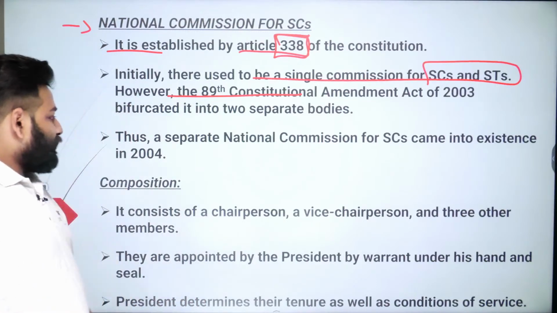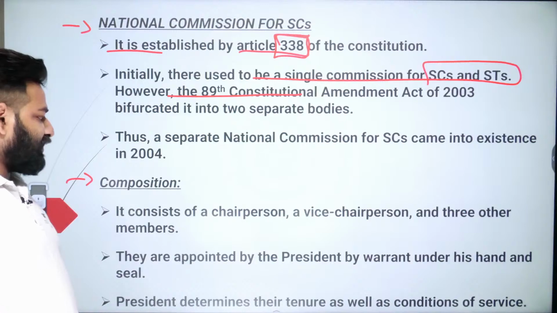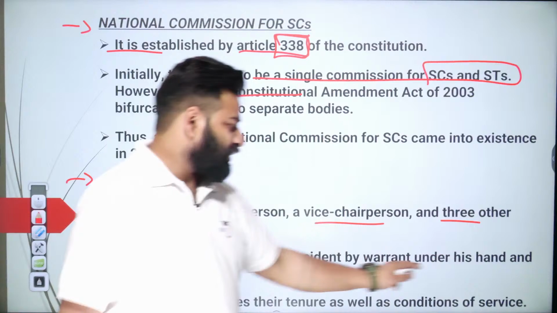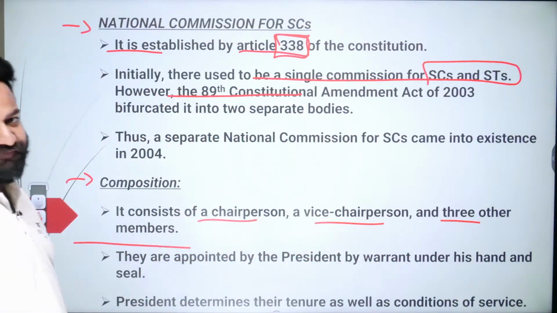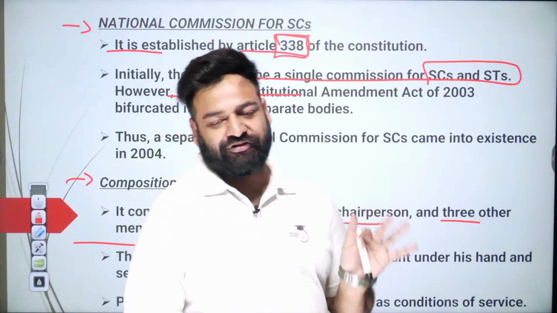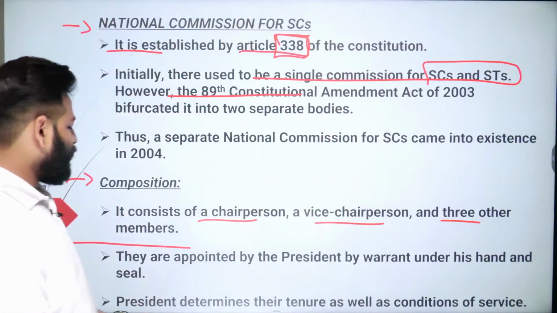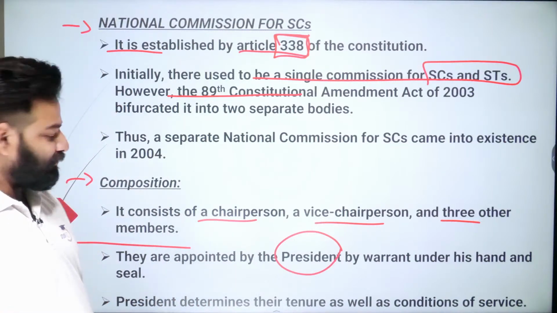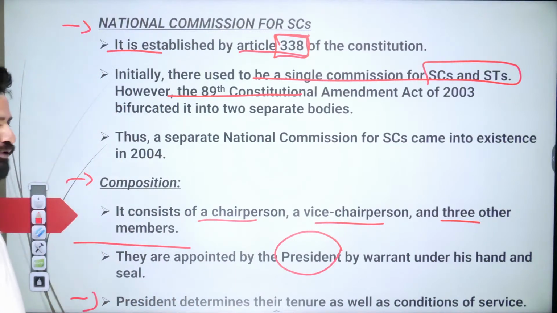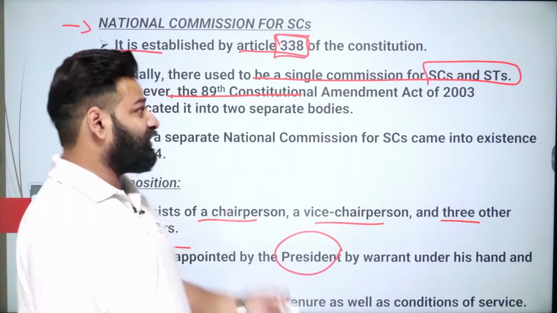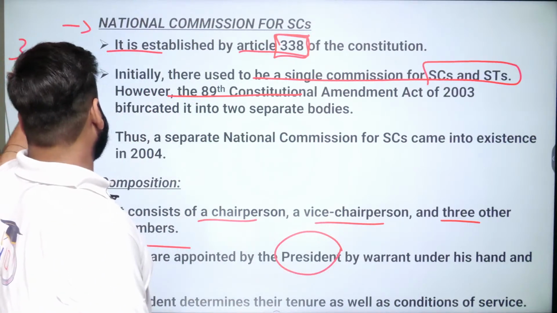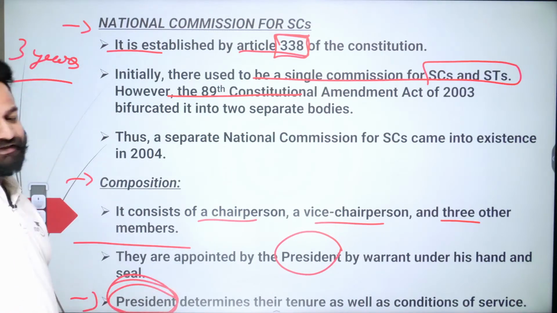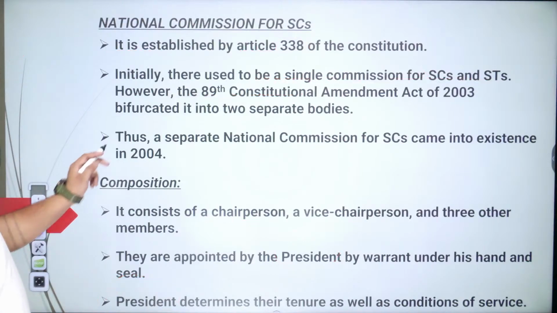Okay, so composition, it consists of a chairperson, a vice chairperson and 3 other members. Okay, that is in total 5. Chairperson, vice chairperson and 3 other members. Appointed by whom? Appointed by the president and removed by the president as well. Okay. Tenure, who is going to decide their tenure? Tenure is not fixed. Basically, generally they have got the tenure of 3 years. Decided by whom? Decided by the President of India itself. Okay. Next,